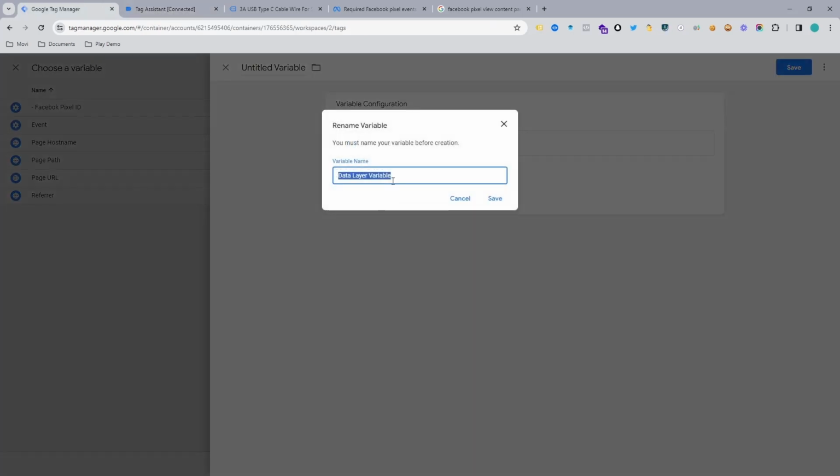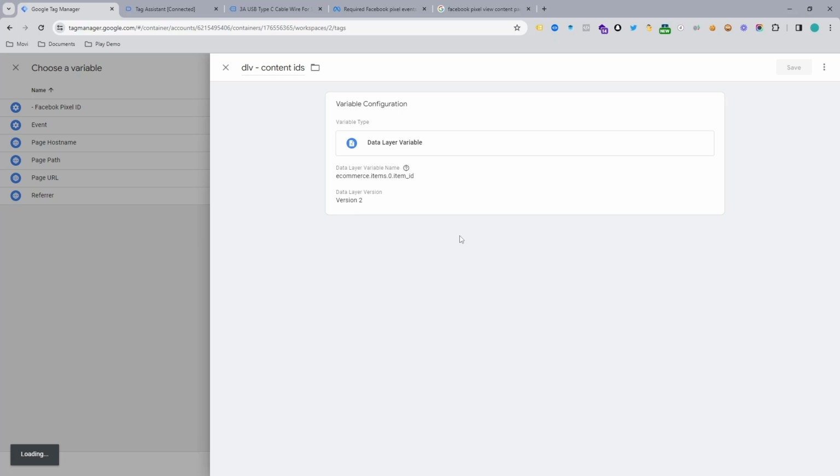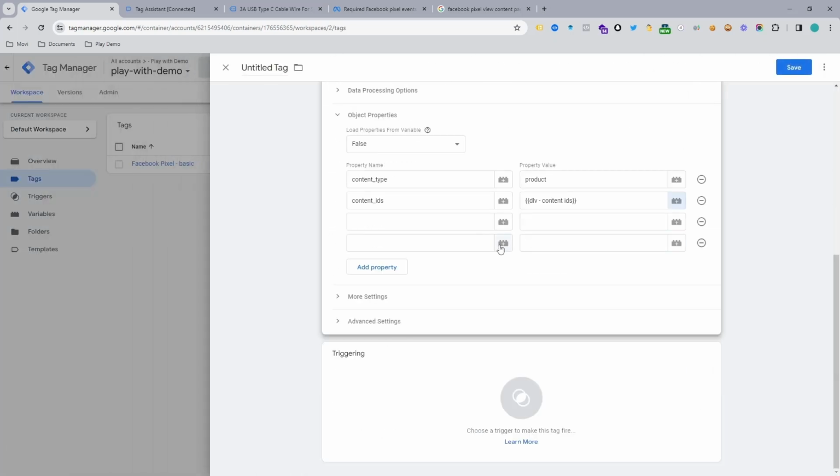Then save it, and you can give it a name like data layer variable content ID. You can give this kind of name so that you can identify your variable. Then save it, and it's done. And we need to make the item price, and also the content,